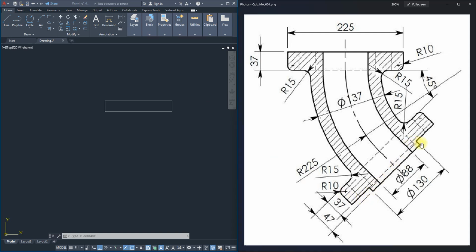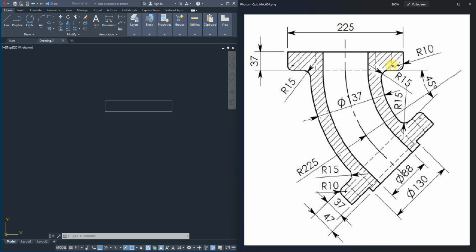From here to here is 130. If the total is 225, take out 130. So if you take out 130, half of it is going to be from here to here. The total length from here to here is 225. This goes all the way to this place, and the other one goes all the way to this place. So if you cut out this guy from here to here and from here to here, that's what we want to get. So if you take off 130 from 225, we are left with, calculator please,